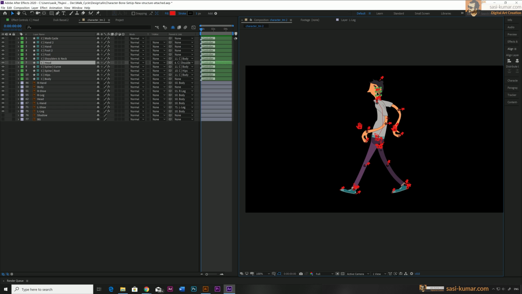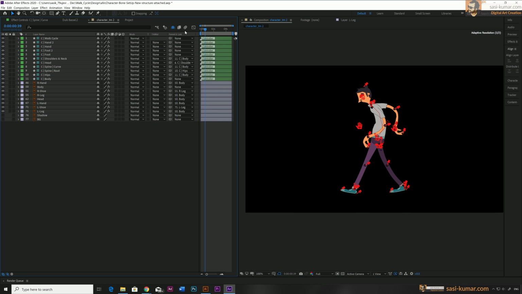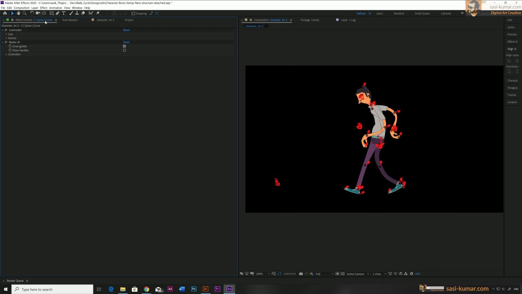Let's bring the hand to here, and let's move the body, something like this. And now if you play, you will see it's rendering again with the new position. Again, you can go back to the walk cycle. You can go to effect and you can just click on this in here, the walk cycle icon.